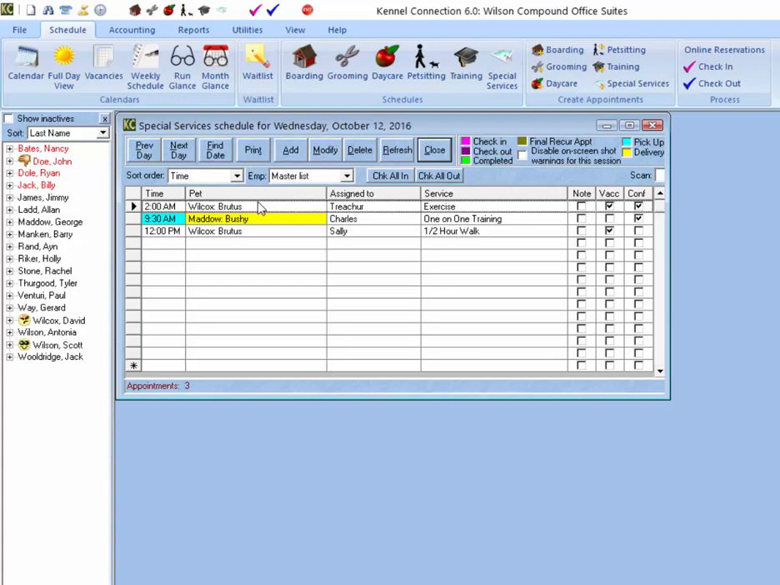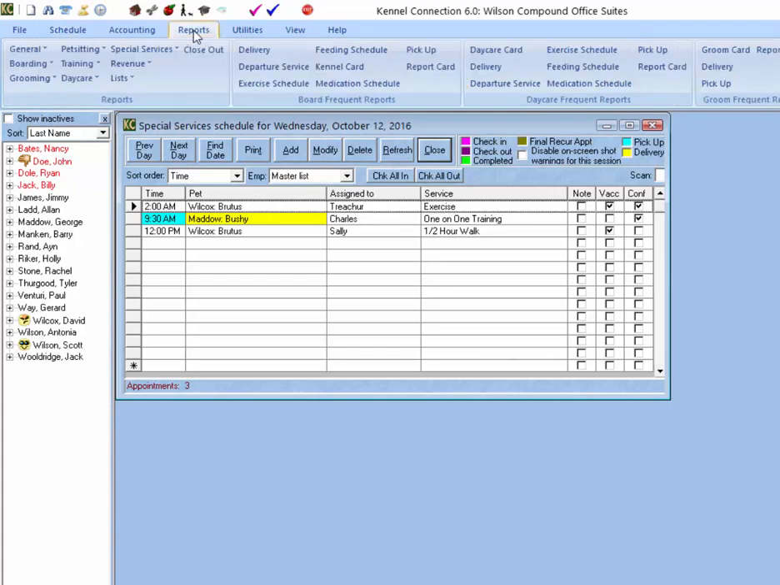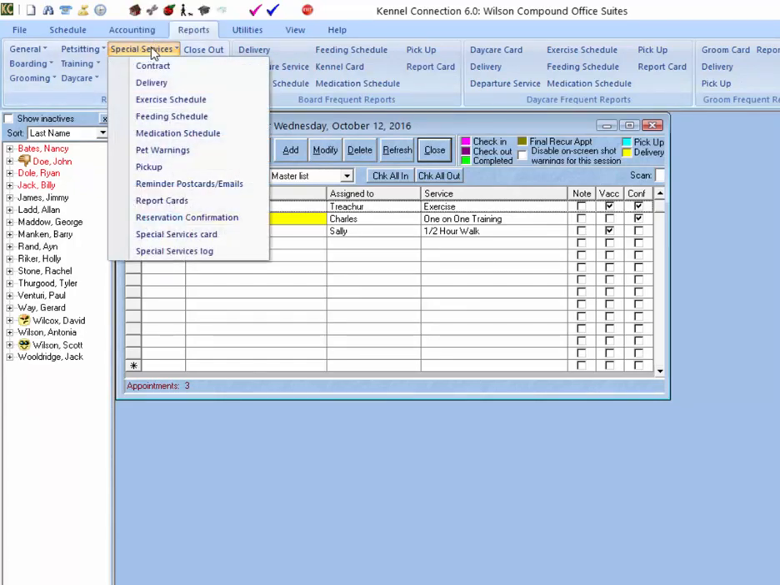To get to our reports, we're going to go up to the ribbon and select the Reports tab, and then we select Special Services. At the top, we have the option to print the contract. Kennel Connection has a default contract in the system. You can replace that contract